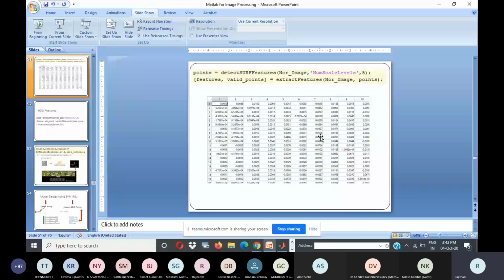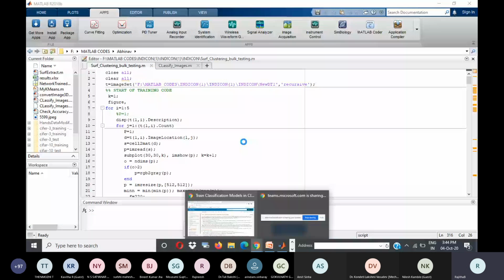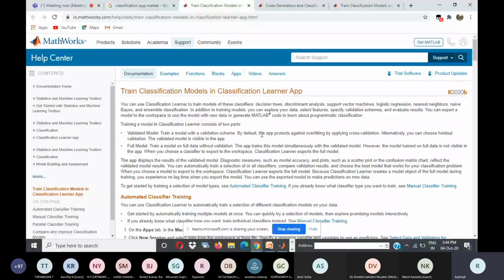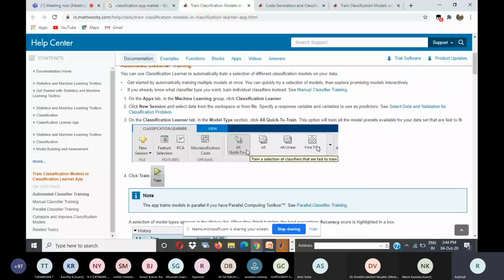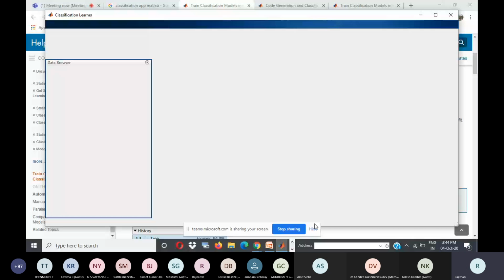Now, once this feature vector is ready, you can go with the classifier tool of MATLAB. Then upload that feature vector. Let me see if I have got it here. So now load that feature vector and you have lots of options to train.